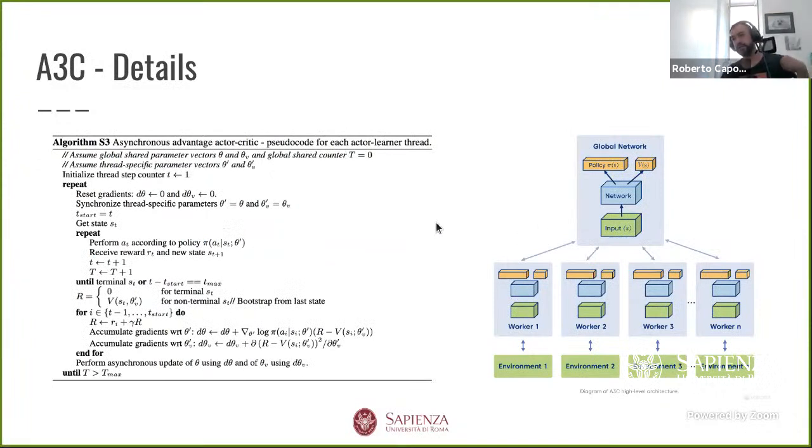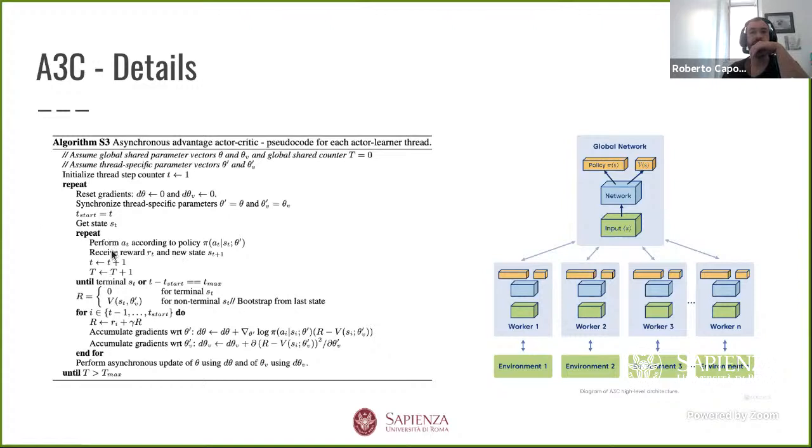So if we want to look at the details, here we have an environment. So we have a single policy network, which is the central machine to which each worker then communicates. Each worker has a copy of this global network that is used in order to compute the parameters given the environment observation and actions that have been collected during some trajectories, and then they communicate the gradient updates. And we can check this happening also in the pseudocode,